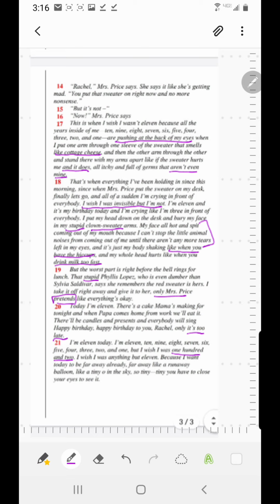I'm sure you guys have all had this moment, maybe when you were little, maybe not so much, or you've seen somebody else when a child lets go of a balloon. And I want you to picture it because this is creating a lot of imagery of a balloon just escaping and going so far up in the sky. And as she says, "like a tiny O in the sky, so tiny, you have to close your eyes to see it."